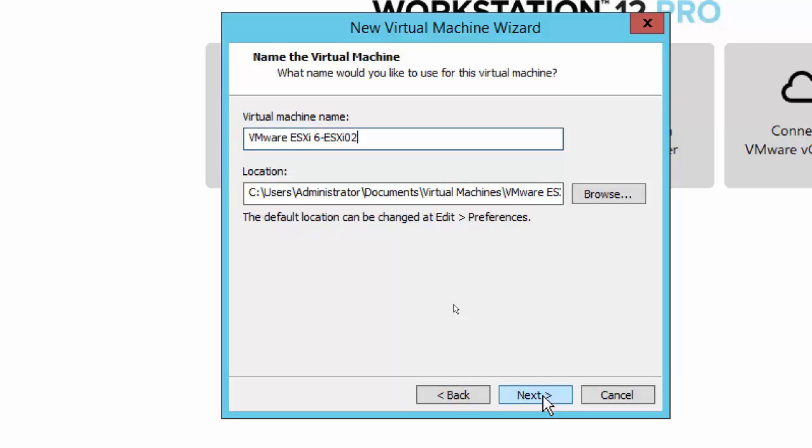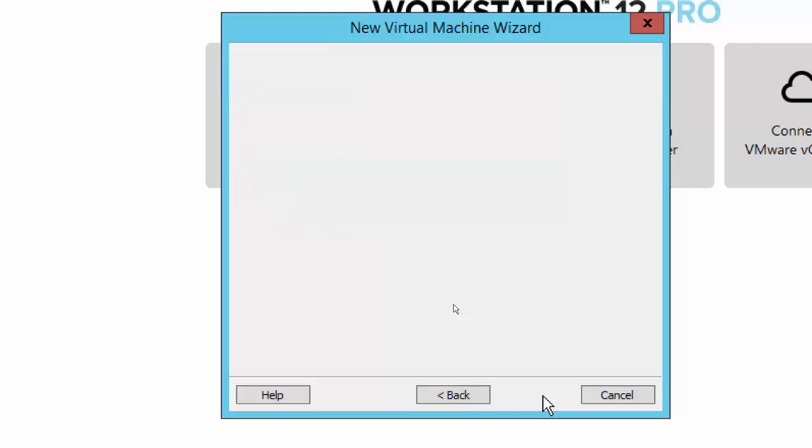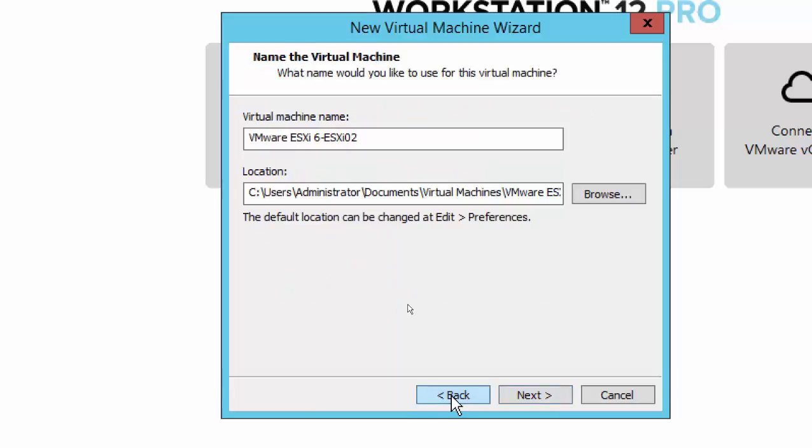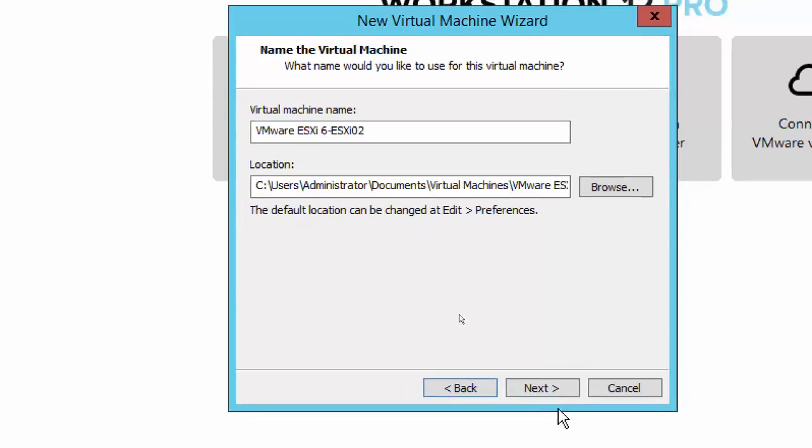ESXi02. Okay, next. Did you change your memory? Sorry? Did you change the amount of memory on your first ESX? No, right now we did not, but later we're going to be changing memory according to the discussion and scenarios. We're going to do that later. Right now we're just doing a basic installation, but it's a good idea to know that. Okay, the default memory, you're going to see it takes 4 GB already, right? So next,